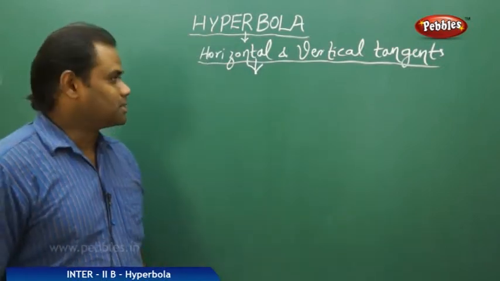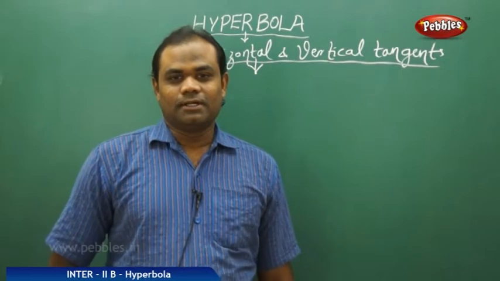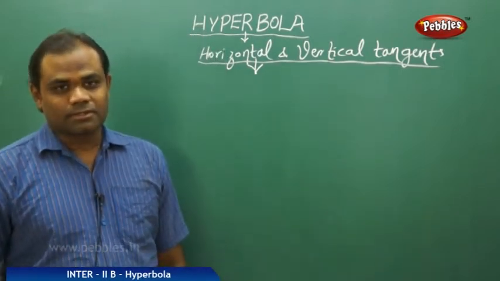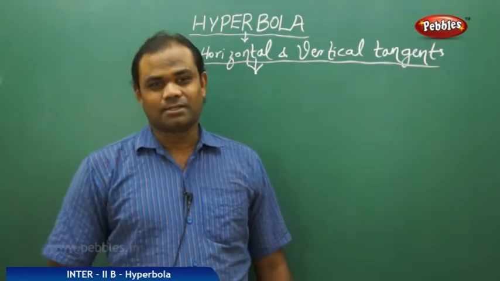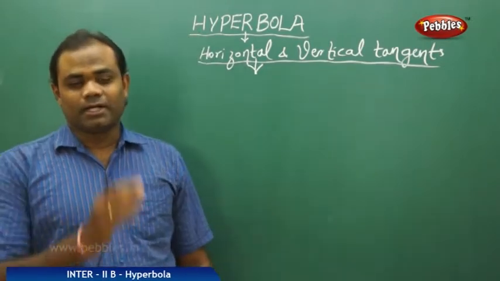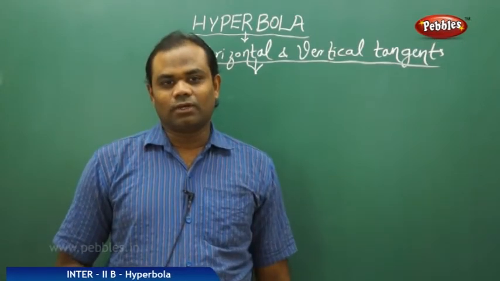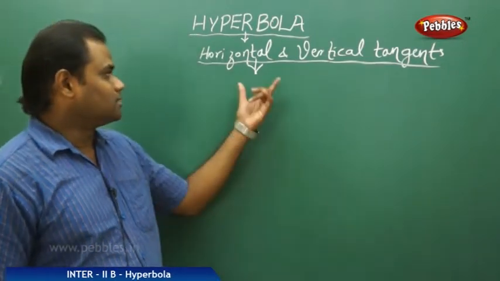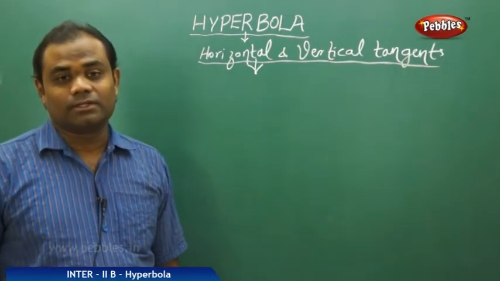Now this session is about horizontal and vertical tangents. We have the special cases where one is a horizontal tangent, a tangent parallel to the x-axis, and a vertical tangent, a tangent which is parallel to the y-axis. So let's see how many tangents exist in the form of horizontal and vertical tangents